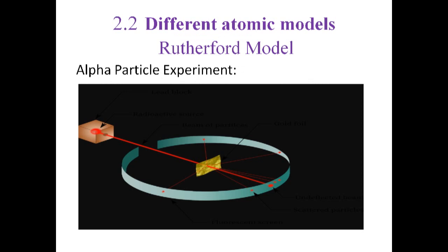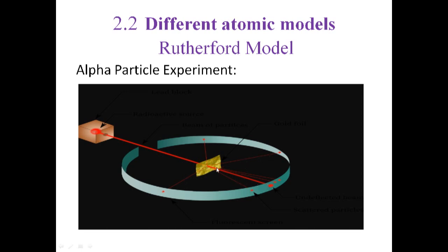Our next model is the Rutherford model. The Rutherford model basically depends on, and is the explanation of, the alpha particle experiment. An alpha particle is nothing but a positively charged helium nucleus. As we see in this figure, a radioactive source, or source of alpha particles, strikes the gold foil, and after striking the gold foil, the alpha particles are scattered in